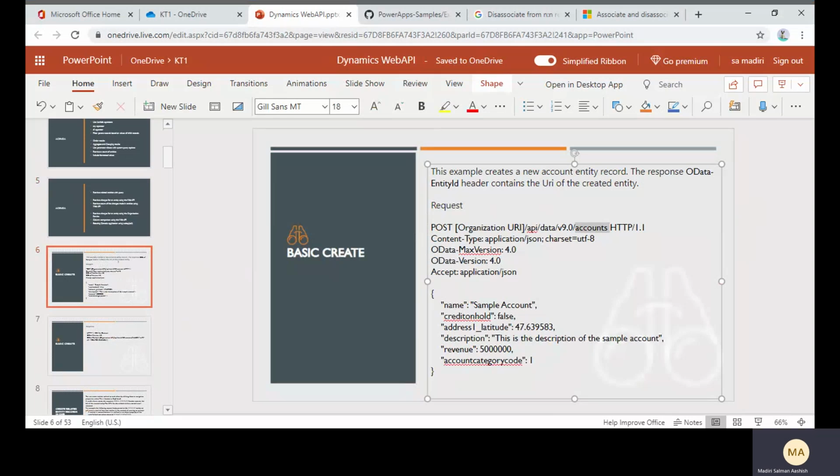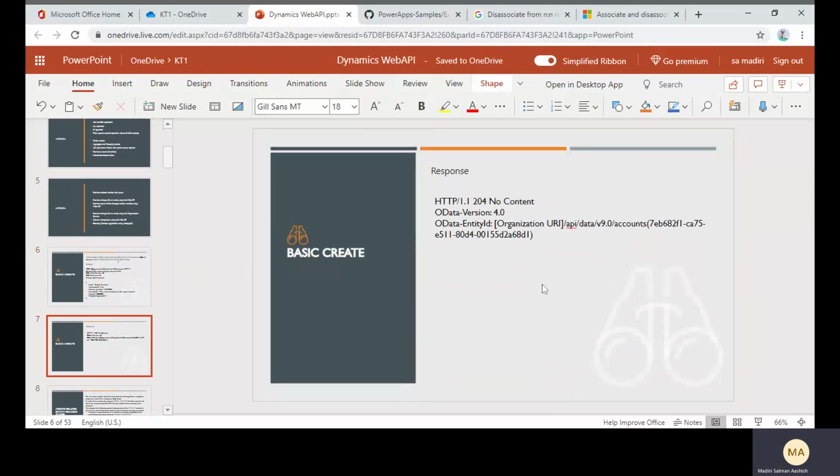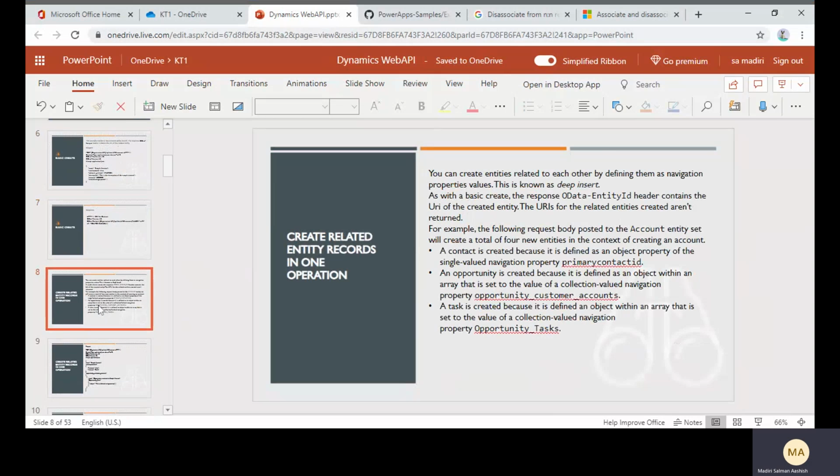/v9.0/accounts, and we need to include these headers, and in the body we need to declare this JSON data to create a record. So after creating a record, you will get a response with this GUID, and next we need to go for